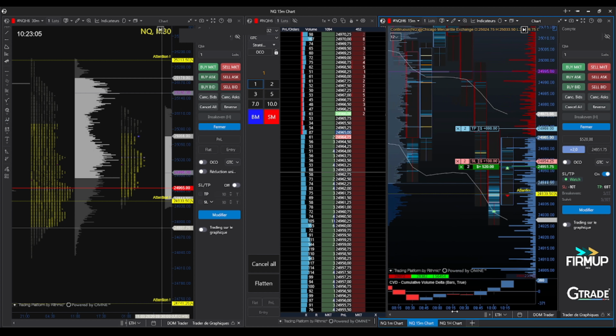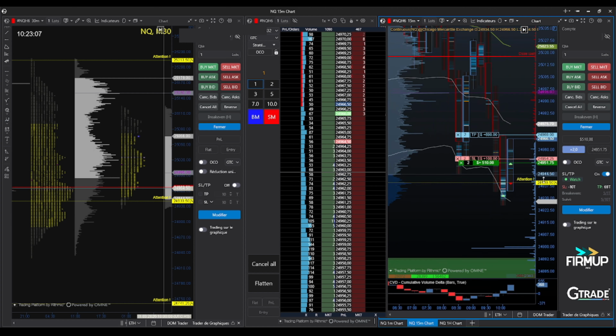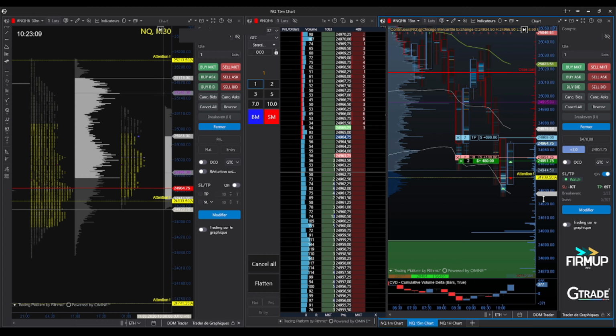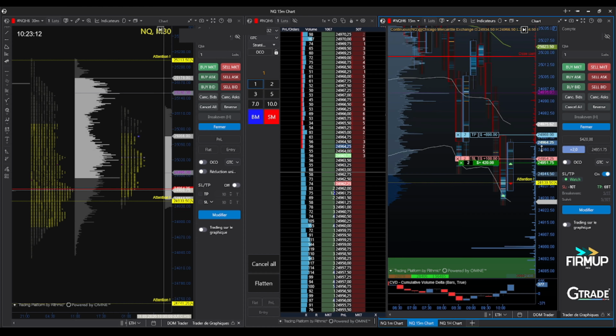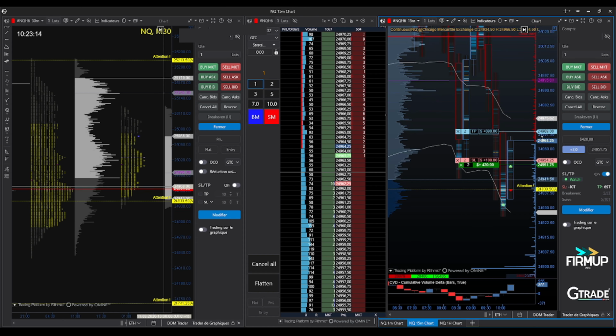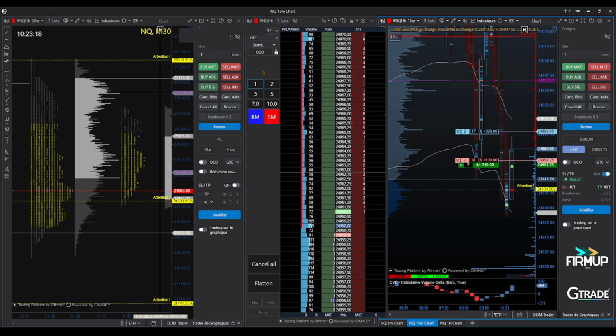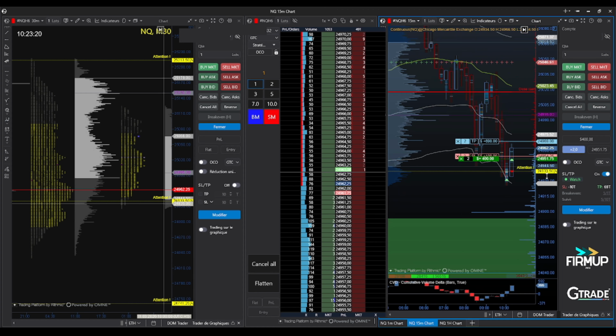Maintaining discipline during the trade is essential because modifying targets based on emotions can quickly destroy the consistency of a trading strategy. While the trade is developing, I continue to monitor the order flow as well as the DOM, the depth of market, which allows me to observe how buyers and sellers are interacting with the current price levels. At this point, we can clearly see that buying pressure is progressively increasing. The buy column becomes almost twice as large as the sell column, which indicates a strong buying imbalance in the